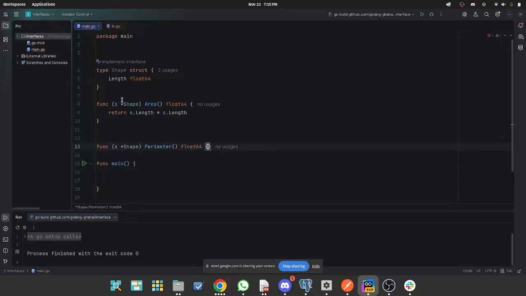Perimeter. By the way, this is a pointer receiver. Again, if you are confused and you don't know what it is, try and get a video and go over it again, or search it up online and understand the difference between a value receiver and a pointer receiver. Okay, so let's return this and say, I don't know, we should call this